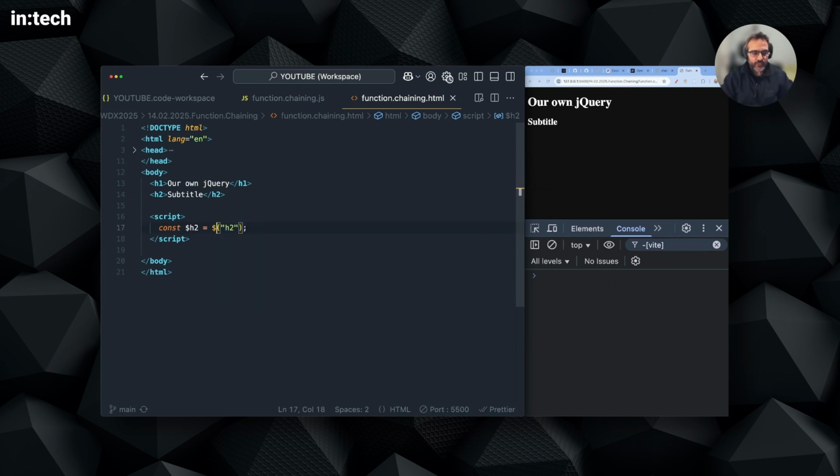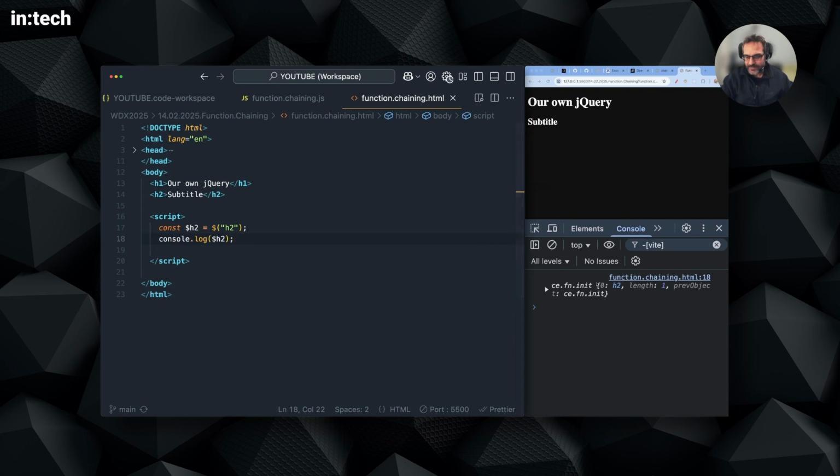So basically, you start by calling the function and supplying a CSS selector. So this will try to find an H2 element in the DOM and return back that as a value. So I store it in a variable,